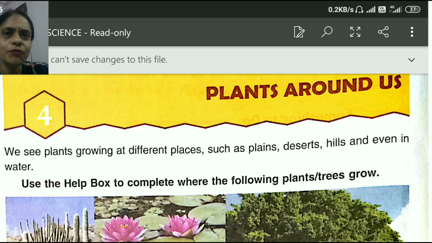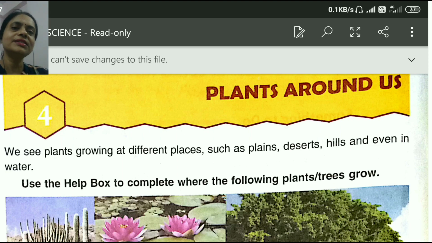Likewise, if you visit a desert area, you will see different kinds of cactus. And sometimes when passing by a pond or a lake, we often see the lotus plant that grows in the water. So in this chapter we will know about different kinds of plants which grow in different landforms as well as water also.